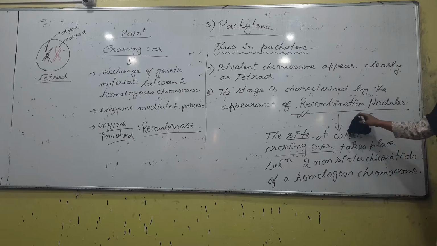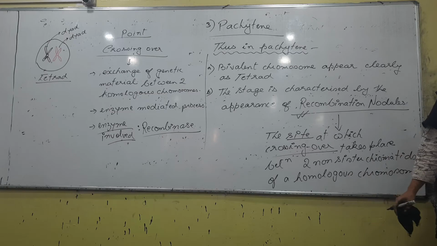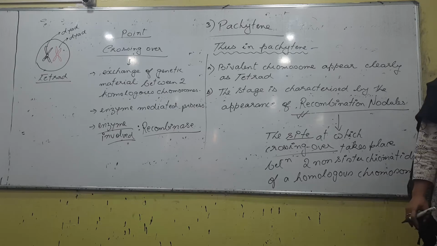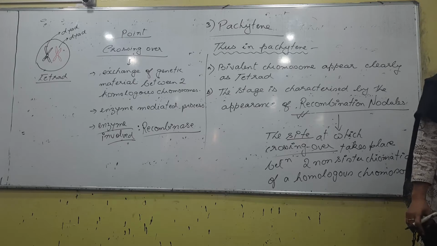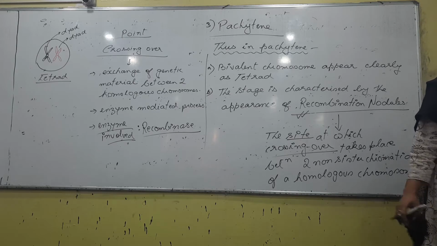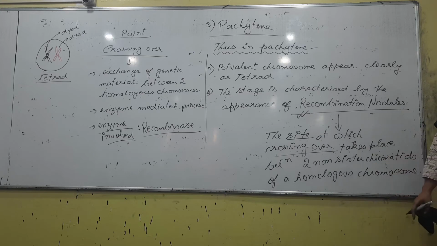We have talked about recombination nodules. So between one chromosome and its homologous chromosome, unless recombination nodules develop, crossing over will not take place. So before the process of crossing over, it's very essential that recombination nodules develop. How will recombination nodules develop? Some enzymes are associated, and the precise enzyme that we have to talk about is recombinase. So when two chromosomes are together, they will exchange, and exchange means some parts of the